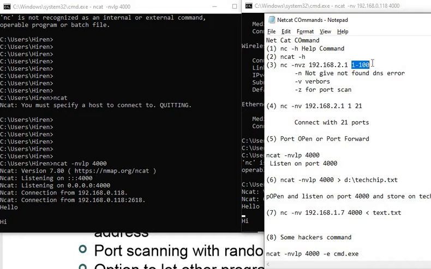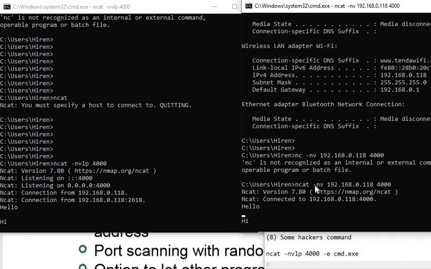Then they will pass a command like ncat -nv, that IP address and the port number. Ultimately the hacker will be connected to any machine, to any specific port, and can send data over there. The data can be viruses, or anything. Are you getting my point?